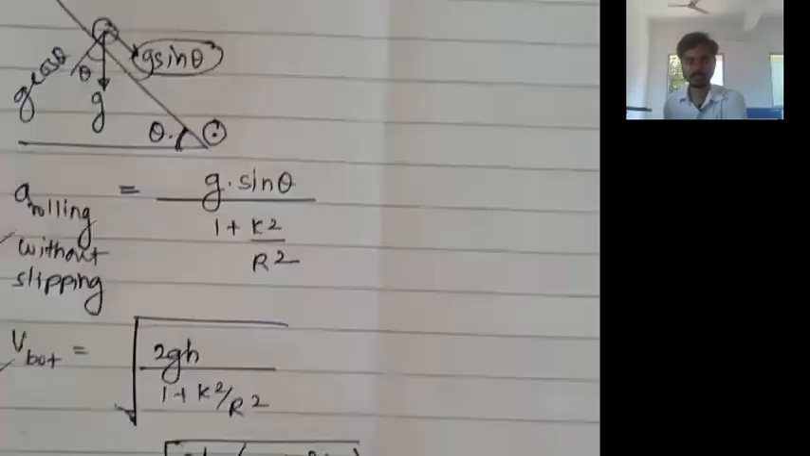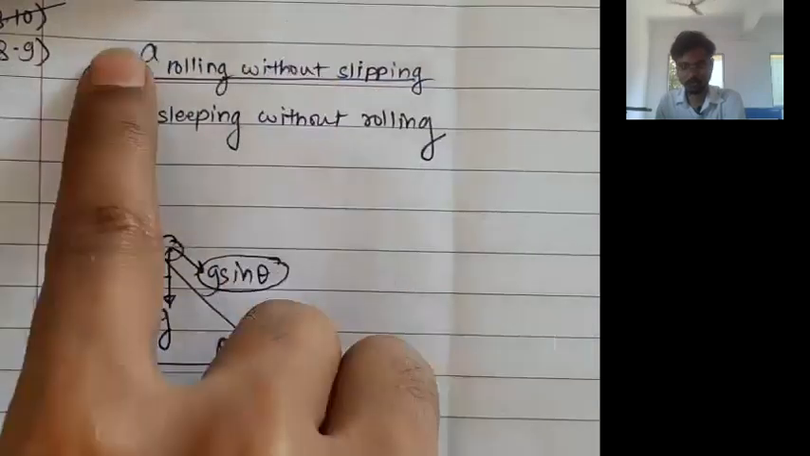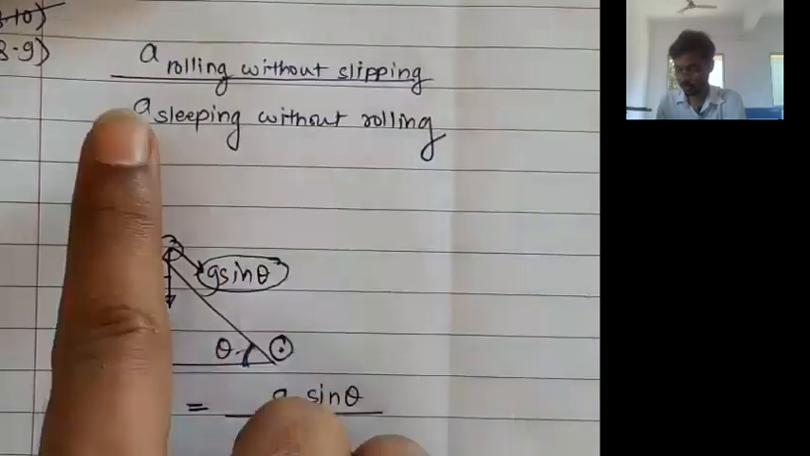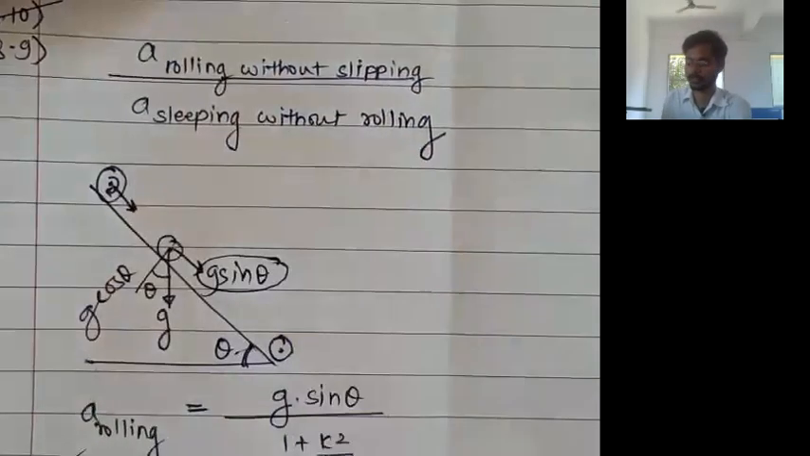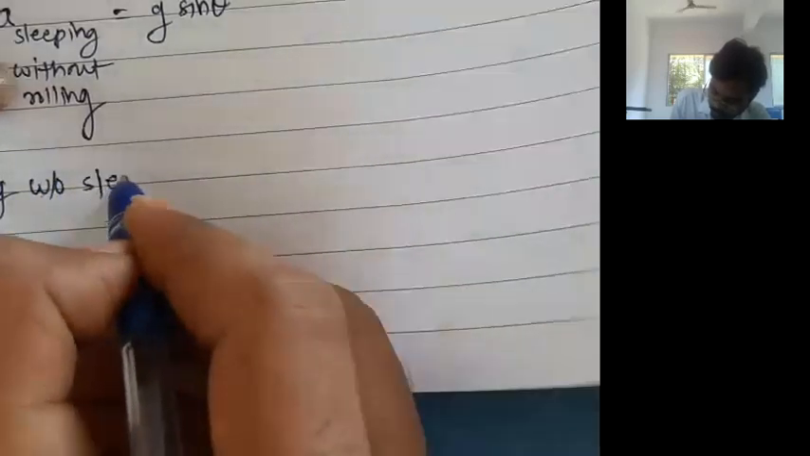So what were we asked? We were asked the acceleration of rolling without slipping divided by the acceleration of slipping without rolling. So let us write it down again. So acceleration of rolling without slipping, and here acceleration when there is slipping without rolling. This ratio we are asked,